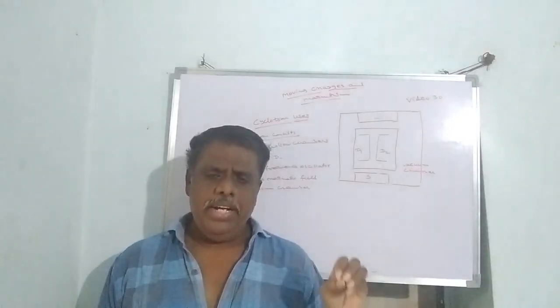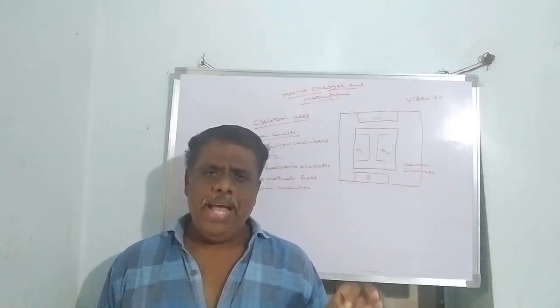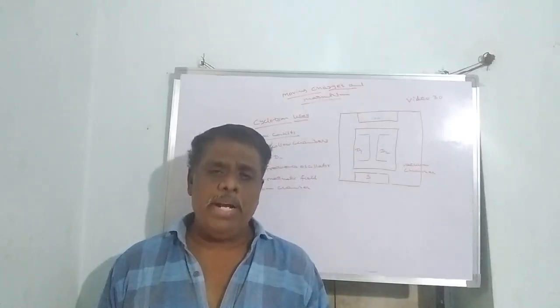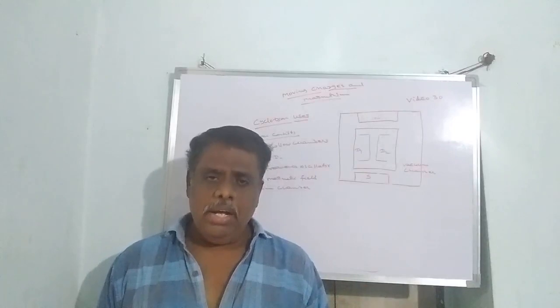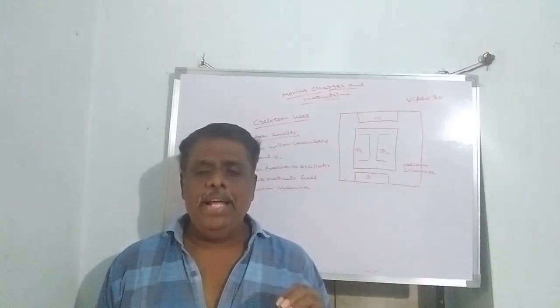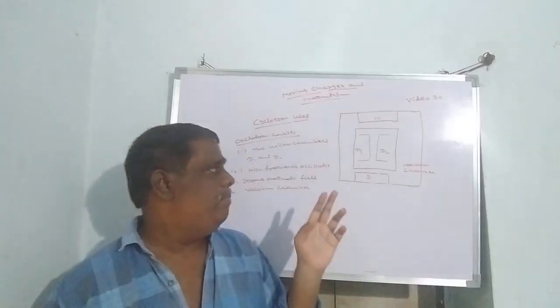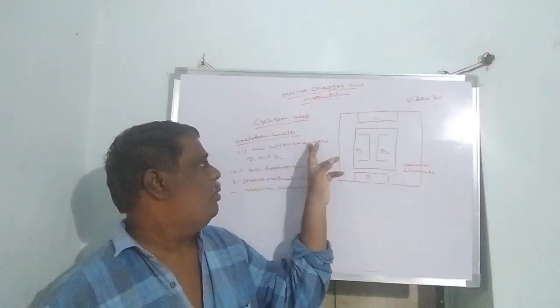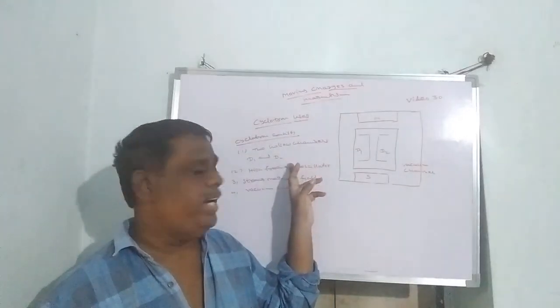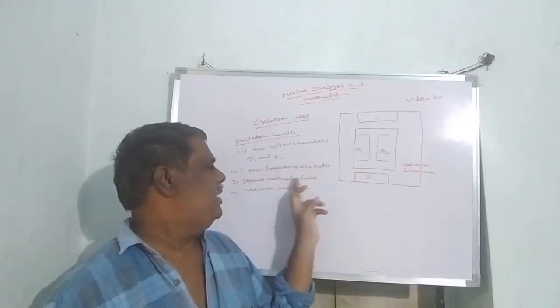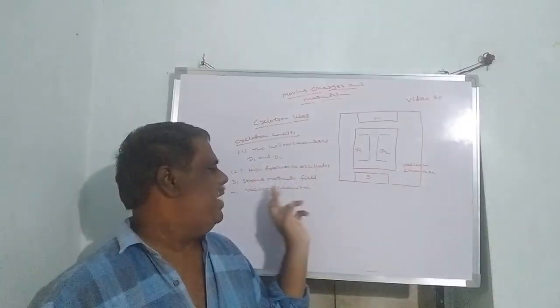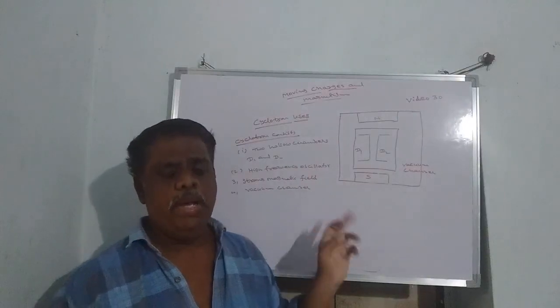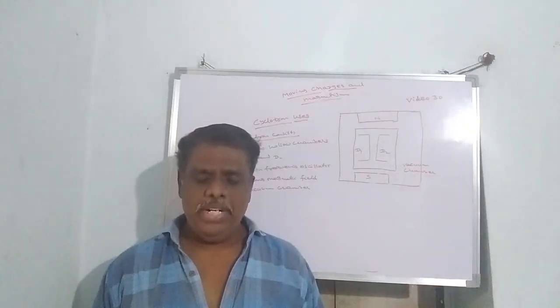Definition: it is a device used to accelerate positively charged particles like protons, alpha particles and neutrons, etc. What are its main important parts? It consists of two hollow metallic chambers D1 and D2, a high frequency oscillator, a strong magnetic field, and a vacuum chamber. What are its uses?